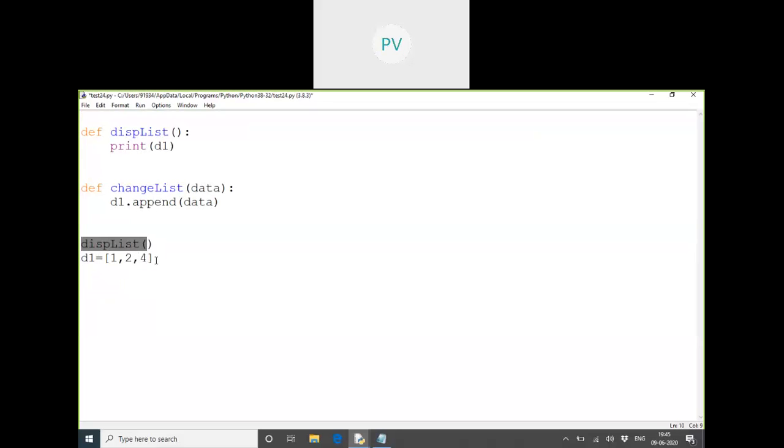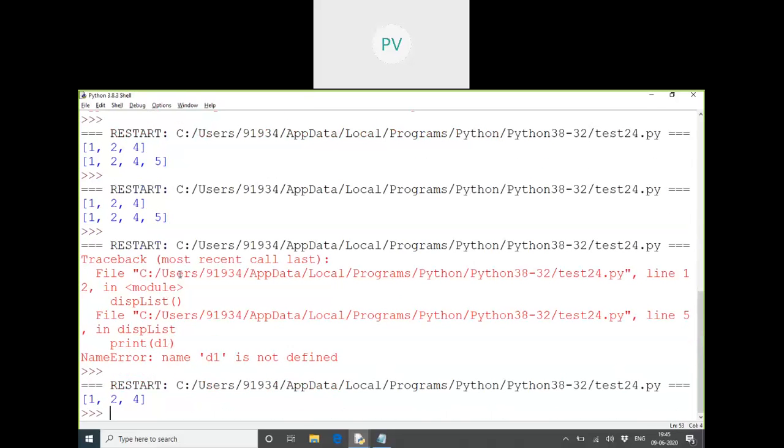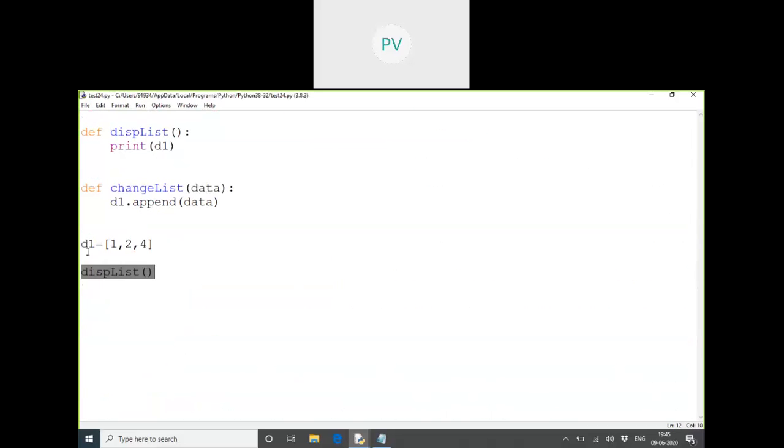So we had a problem. But if I keep it somewhere here, before calling the function, if I load the data, then you can call it. Now it will work. Before executing, I just gave the data, so data got loaded first and then I'm calling this function.